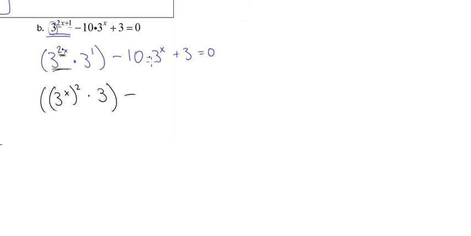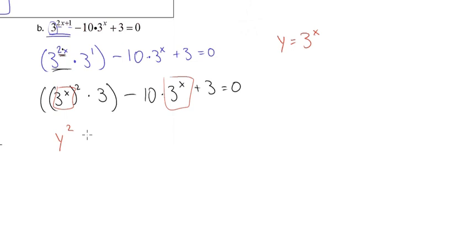minus 10 times 3 to the x power plus 3 equals 0. Okay, so we've broken down that 3 to the 2x plus 1, and everything else has just been staying the same, but we're just breaking that down. Now, hopefully you can see the thing we have in common here. We've got to finally use it now, that 3 to the x squared, and let's just call that y again. So y equals 3 to the x. We're going to rewrite everything in terms of y. So we have y squared times 3 minus 10y